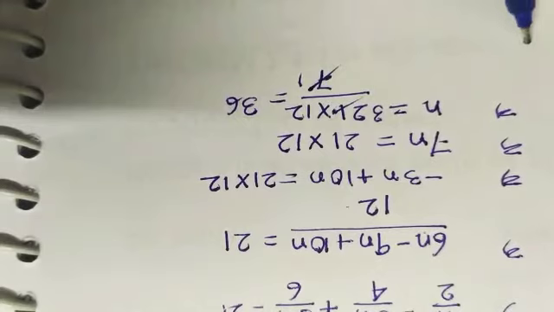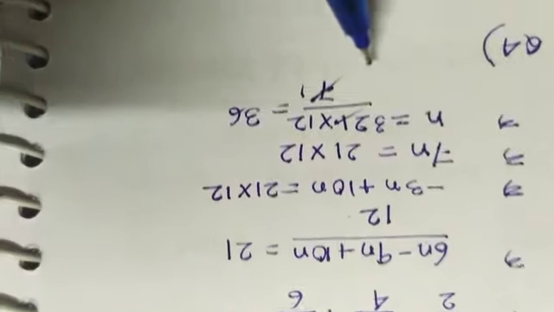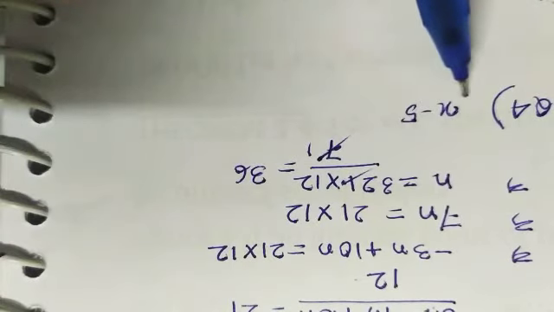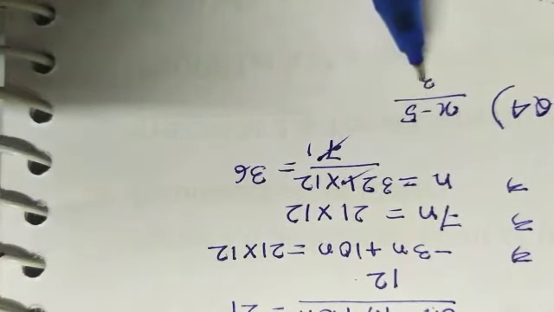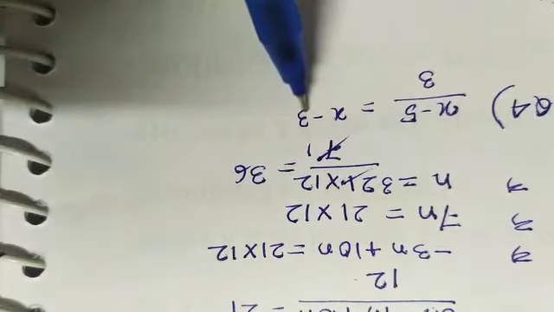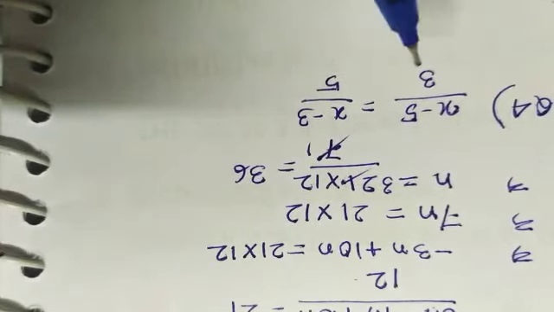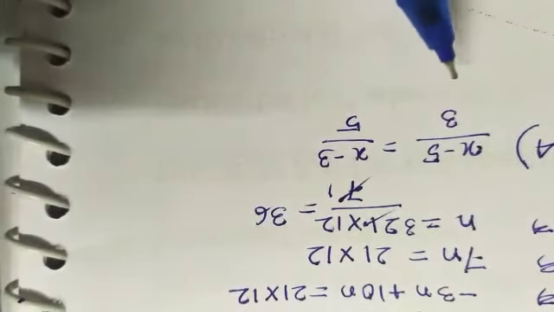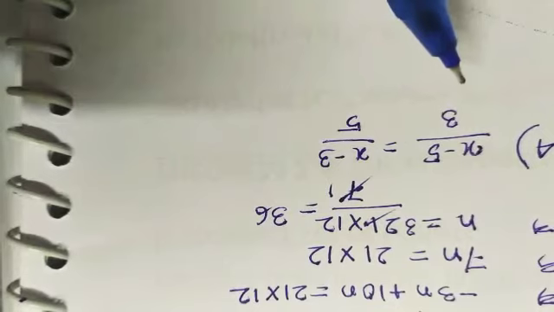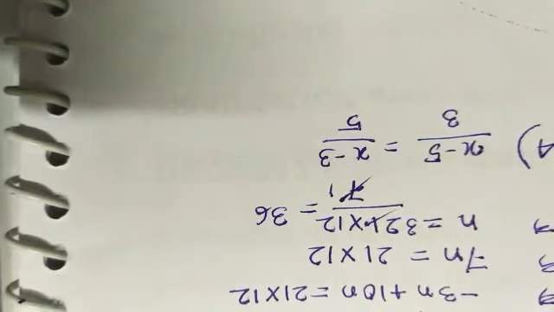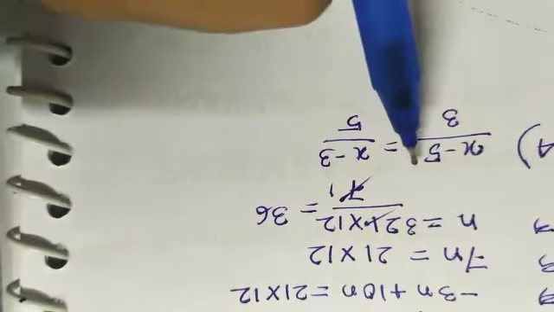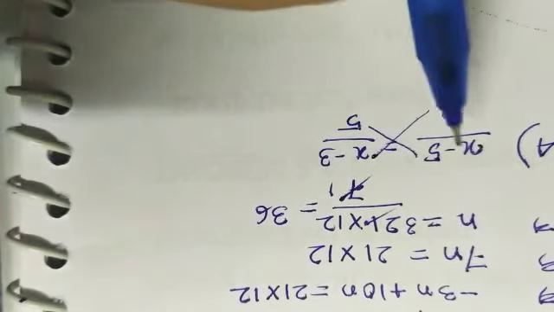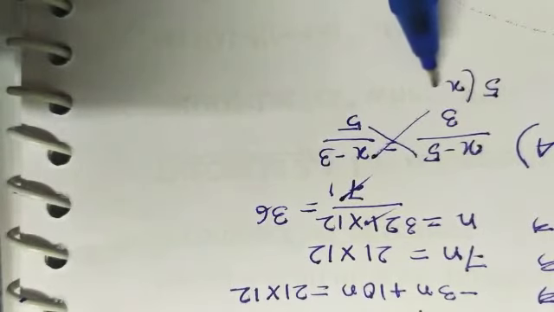Next, let's try question number 4. Question number 4 is given as x minus 5 divided by 3 equals x minus 3 divided by 5. We need to solve for x. Solve for x means to find x or evaluate. Any type of question may come, like evaluate or solve for x or find x, etc. So whenever this type of situation comes, always try to cross multiply first. So if we cross multiply, we get 5 into x minus 5,